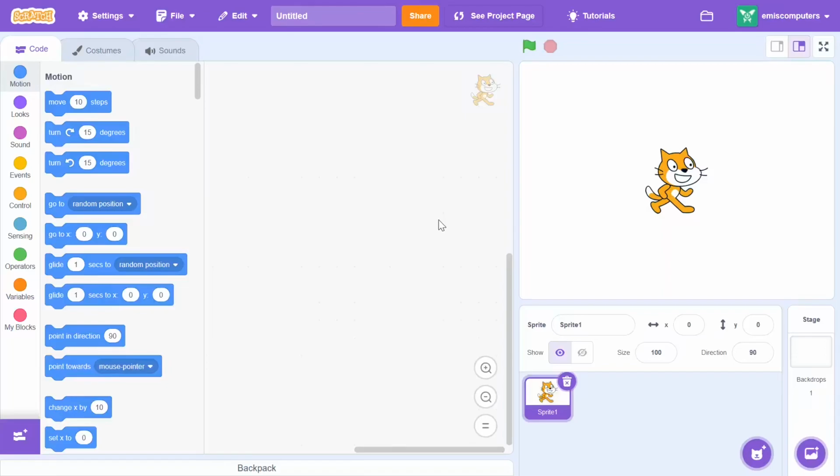Hello everybody, in this Scratch tutorial I'm going to show you how to make one of those DVD logos that bounces off the corner of your screen. Let's begin. Let's go ahead and change our file to